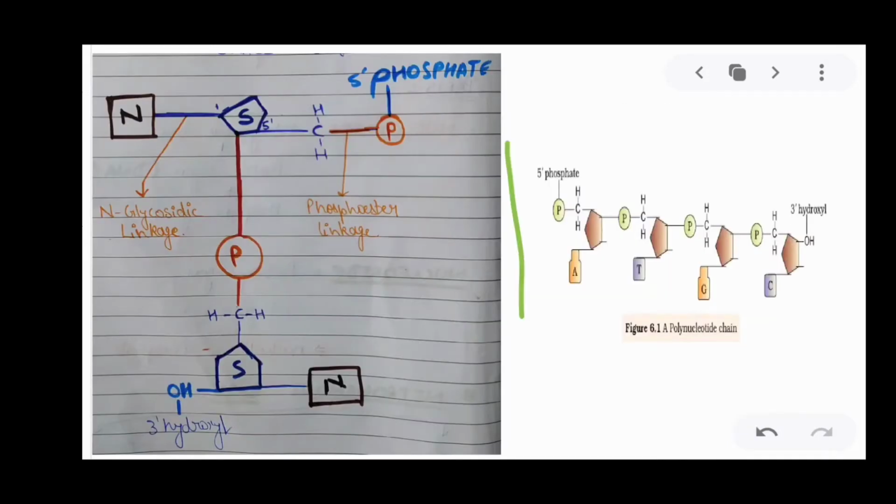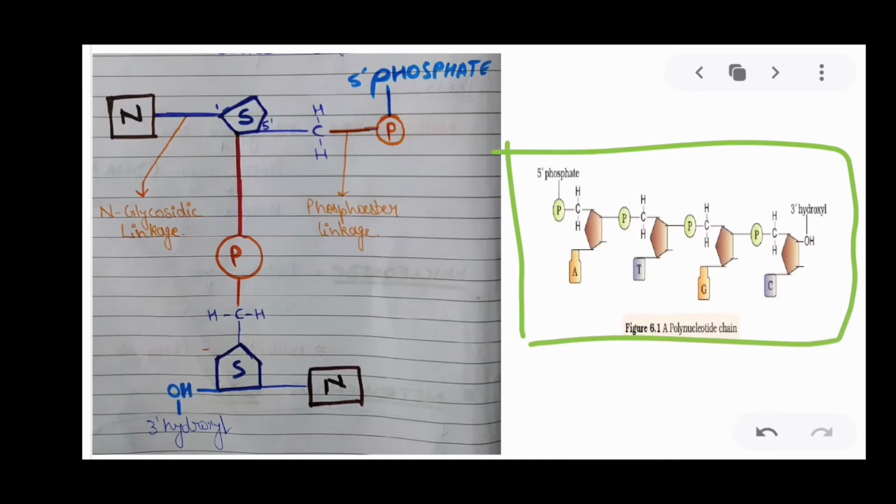So if you see this diagram, most of the books, mainly the NCERT books, have this diagram, and it's a little bit confusing. Above this diagram they have an explanation for it, like how the bond is joined, how this is joined, how that is joined. Even I was confused with it. So to help understand how it works, I just made a diagram of it.